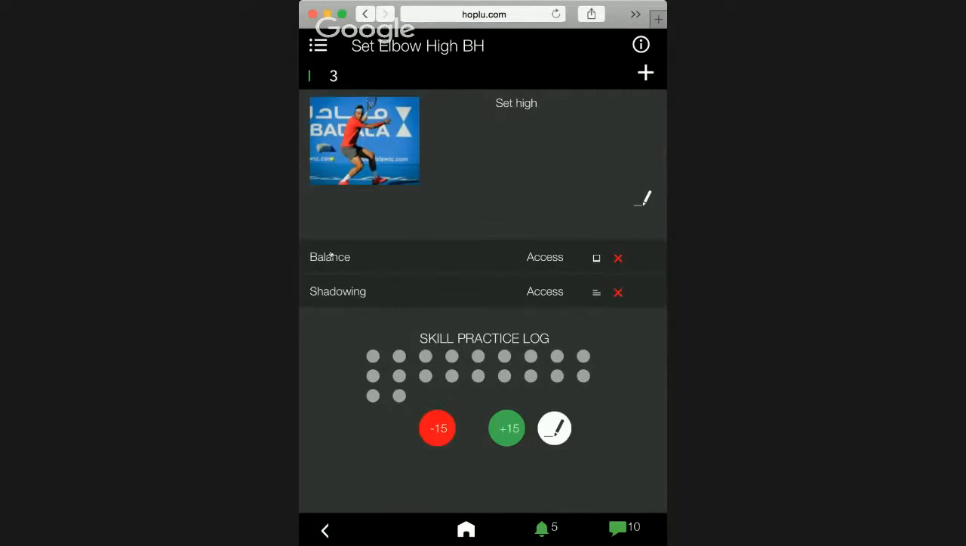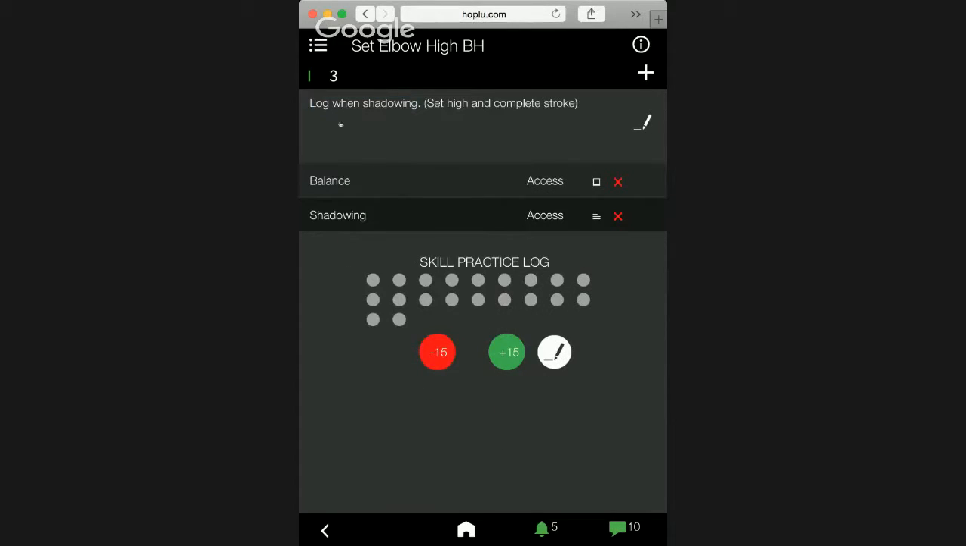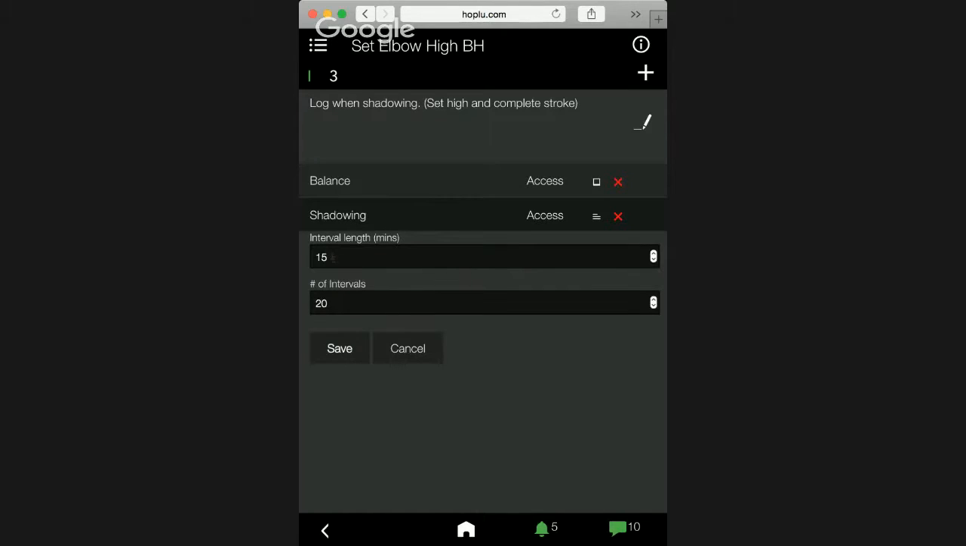So now what we've done here is we're giving them an image. It says balance, but you could say high, high set, right? And then we have given them how to work on it. So now let's say this is a younger player. So shadowing, we can do, let's do reps. Let's do reps for the student. So let's do